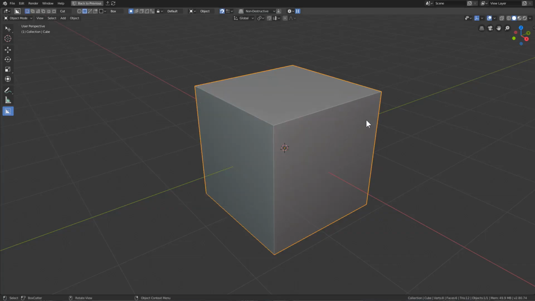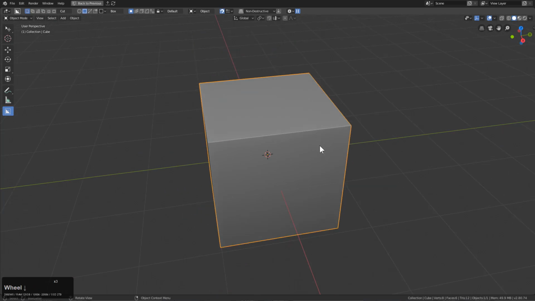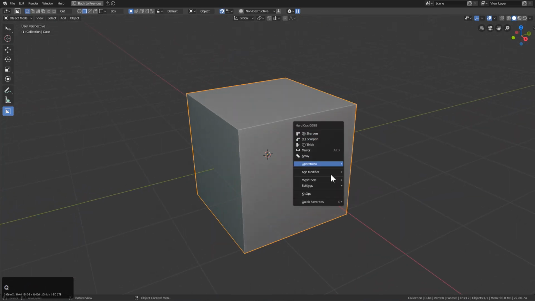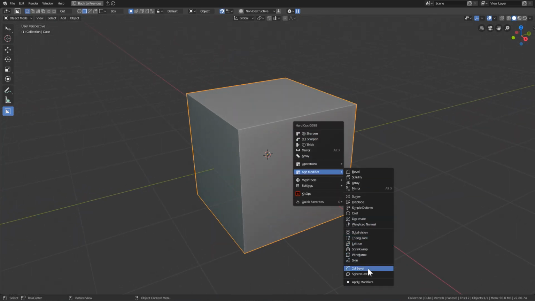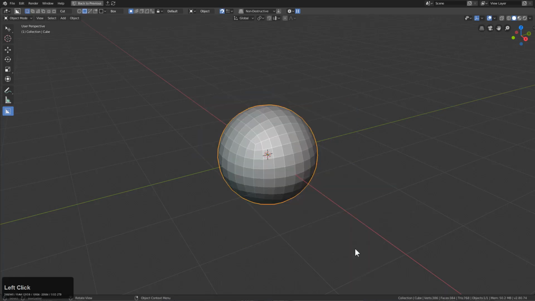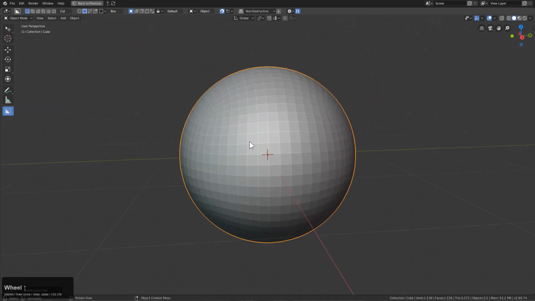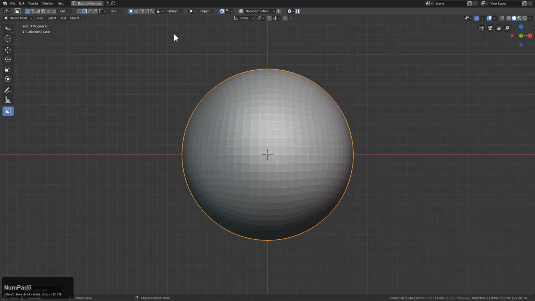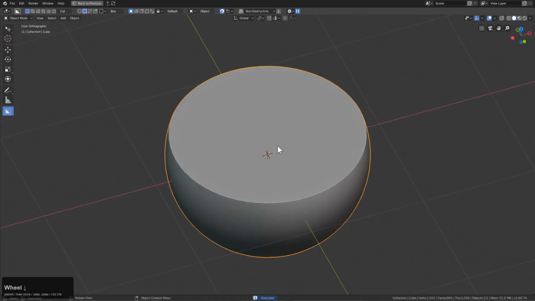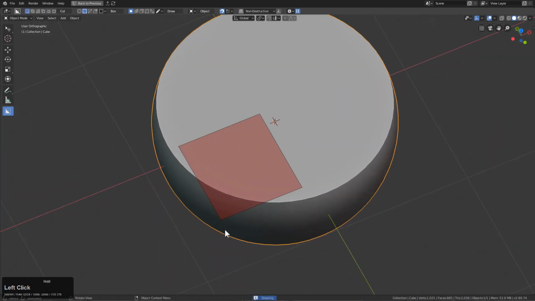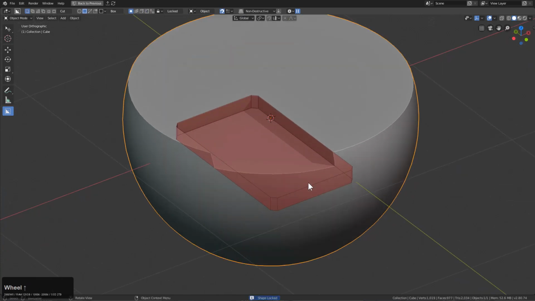Alright, so getting started, we're just going to take our default cube here, not delete it. Press Q, and under add modifiers we're just going to use the custom modifier set of Sphericals, and I'll press Control 4 to add one more level of subdivision on it, and we'll just draw a box and cut the top right off. From here we're just going to draw a box here, bring it down, press B to bevel,